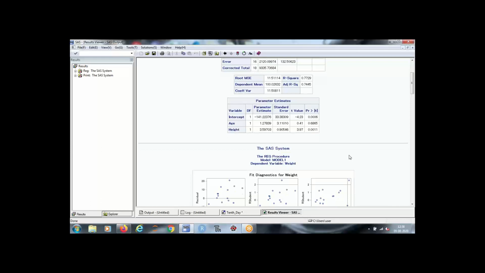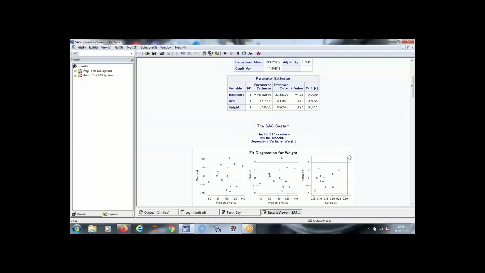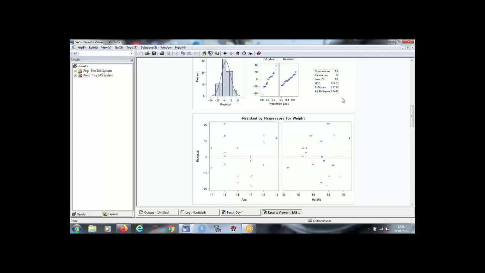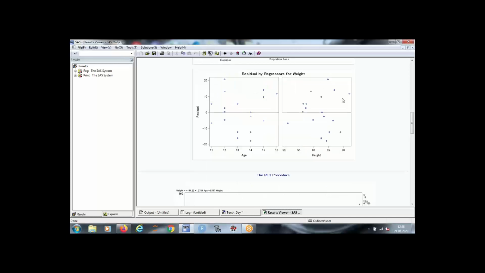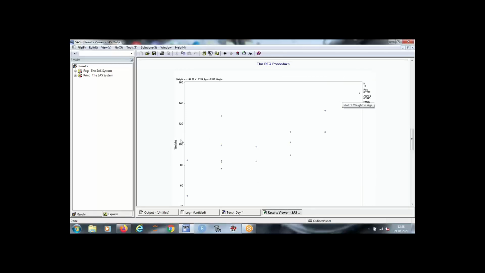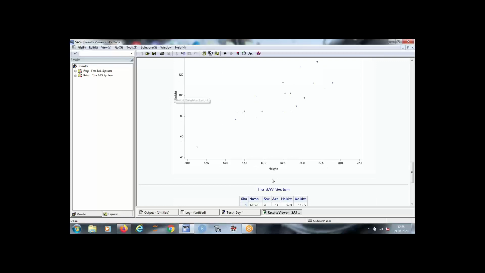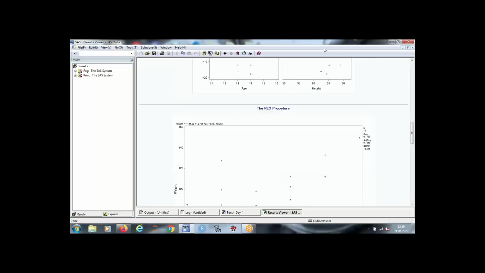All those graphs by which you test the assumptions of linear regression. This is the relationship between weight and age, and this is weight and height. And the formula is given over here: weight is equal to this constant plus this times age plus this times height. One procedure and everything is done.